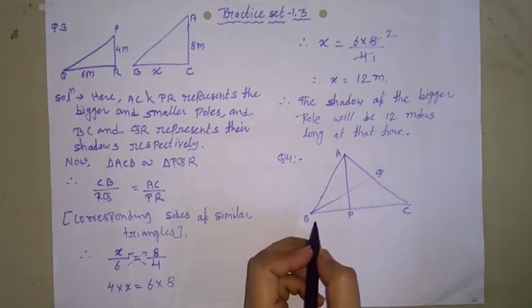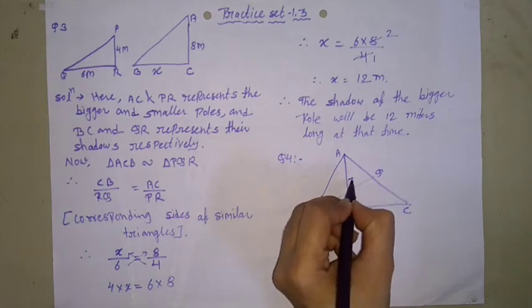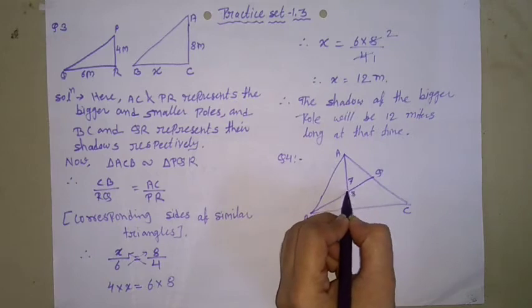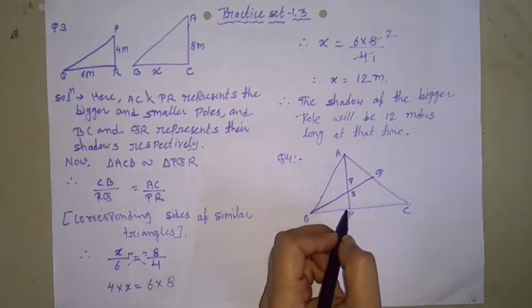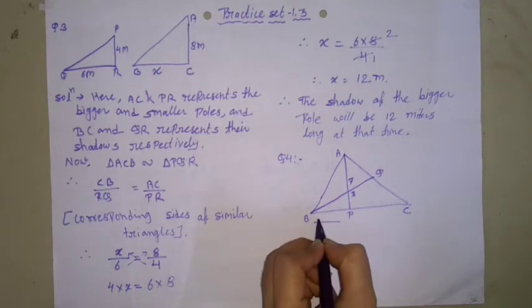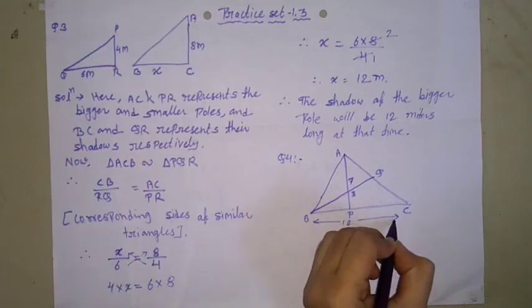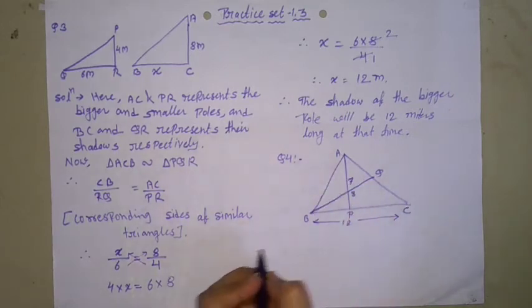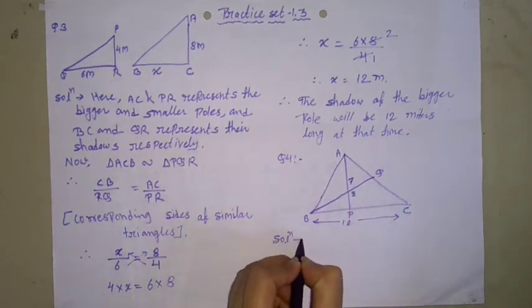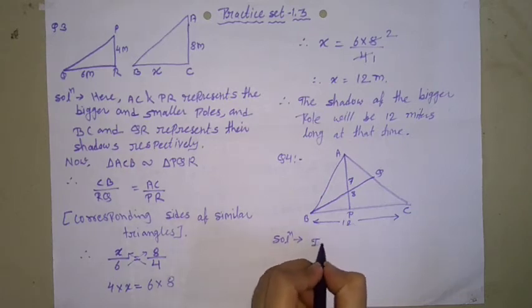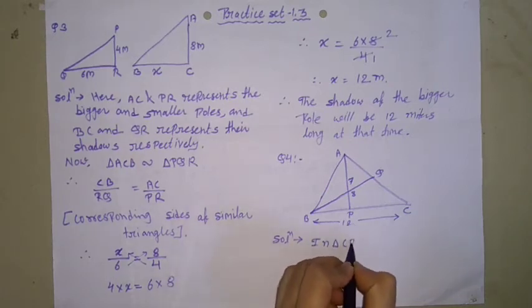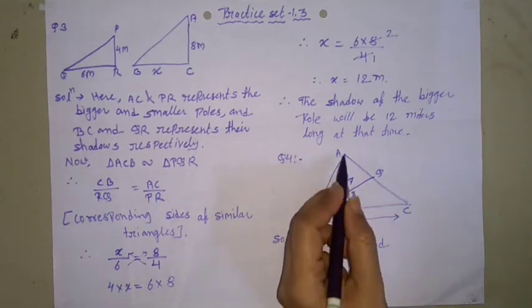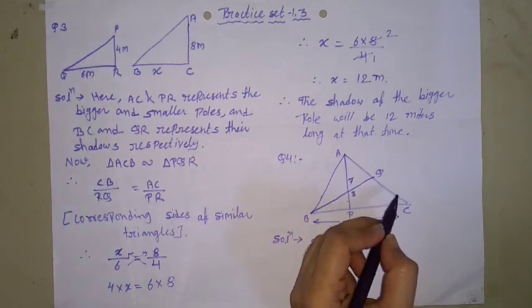AP equal to 7, BQ equal to 8, and BC equal to 12. Then find AC. Solution. In triangle CPA and triangle CQB,